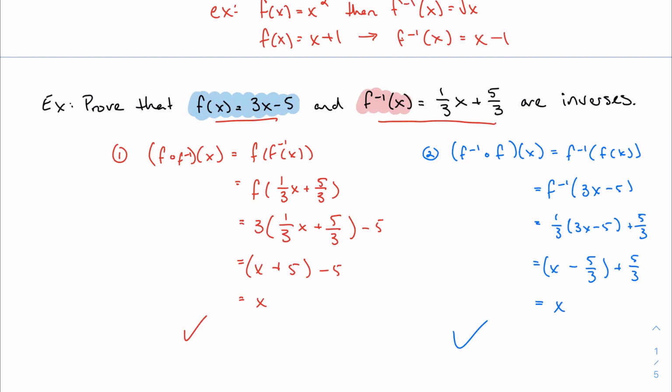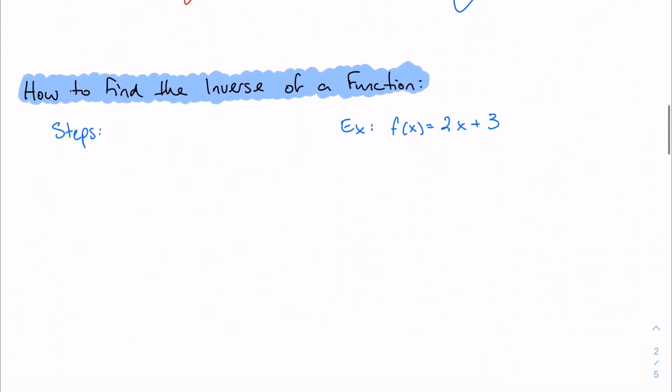Well, a lot of times it's going to be more helpful to actually find the inverse, not just check that something is an inverse. And we have a few steps we can follow to do this. So I think it's most helpful here to actually walk through an example as I'm doing this. So I'm going to do this side by side. And my first step